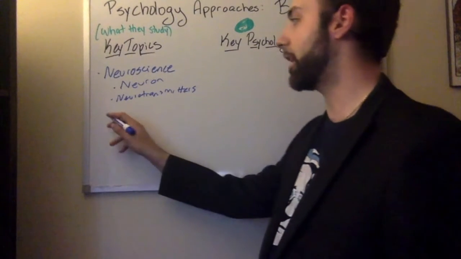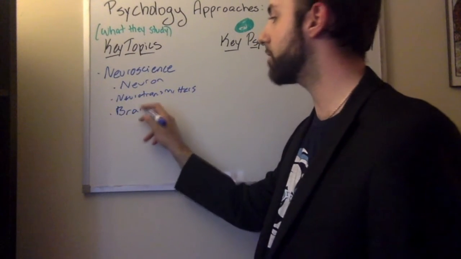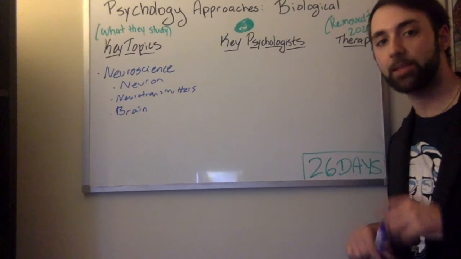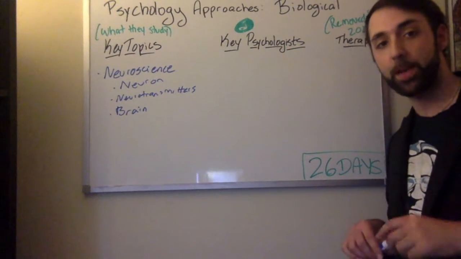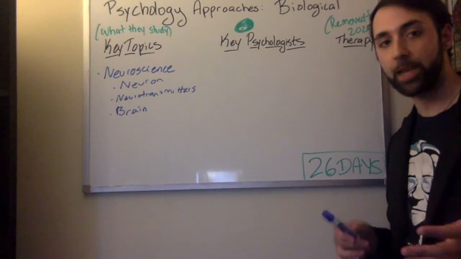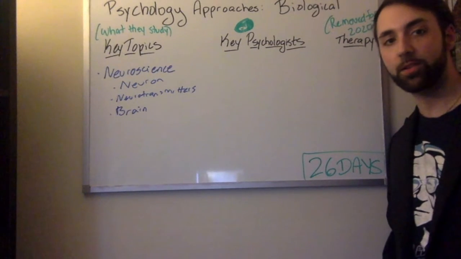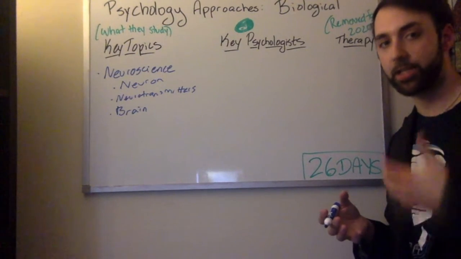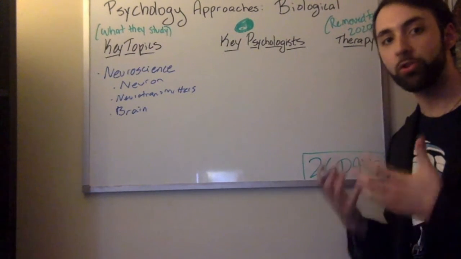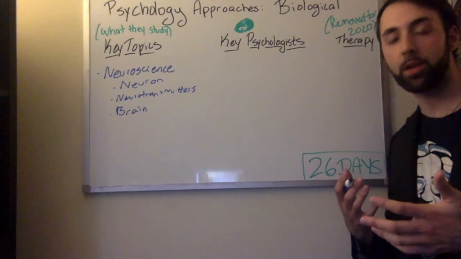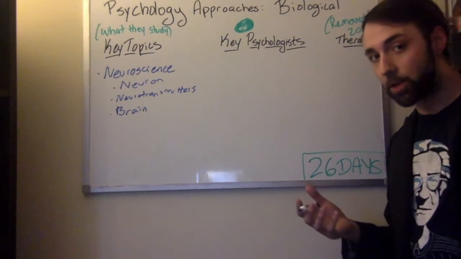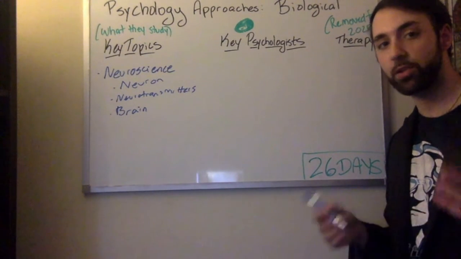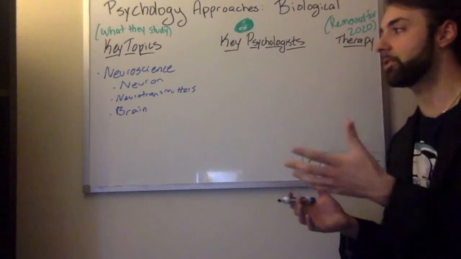And then obviously, certainly the brain falls under that category as well. All of those brain regions, brain function, areas of the brain when injuries occur, all of that are topics that neuroscientists under the biological perspective of psychology would look at. So, for example, if you were asked what might a biological psychologist focus on, one appropriate response could be areas of brain function, whether that's just tracking brain function, like during an emotional situation, for example, the amygdala is probably going crazy. When an individual is reading a book, perhaps their occipital lobe, the region of the brain in the cerebral cortex that processes visual information, is certainly going to be active. Those are all topics that neuroscientists look at.